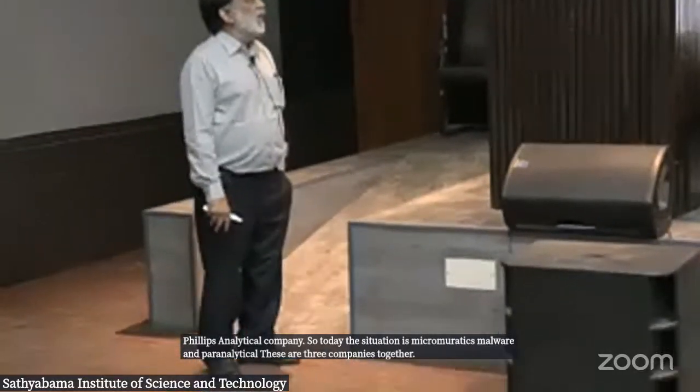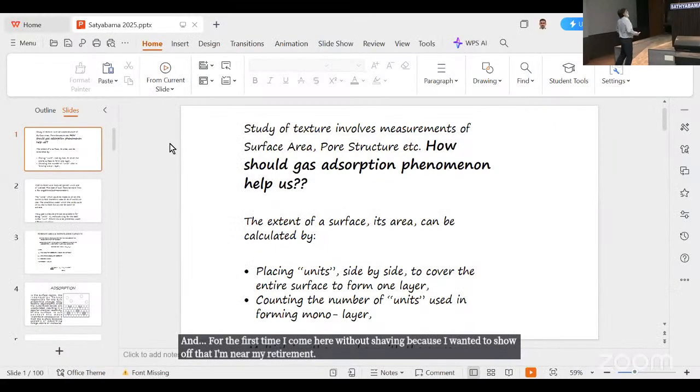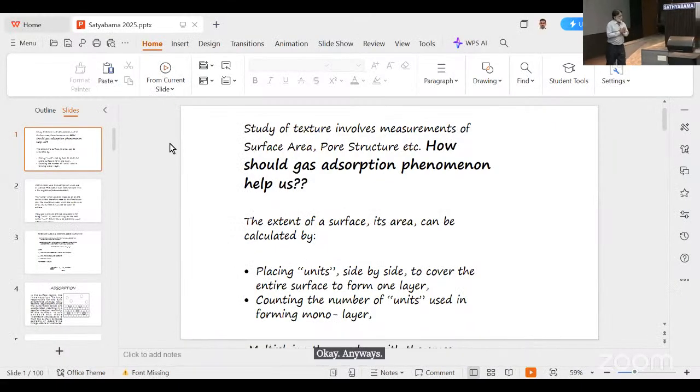For the first time, I come here without shaving because I wanted to show off that I'm near my retirement. Anyways, we'll continue with